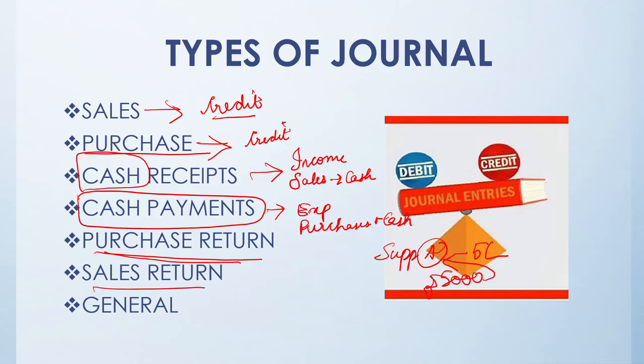And sales return journal is when the customer has bought from you and they feel that there is a defect in the product. What will they do? They'll obviously return it back to you, right? So that is called sales return. When you are returning to the suppliers, it is called purchase return. When the customer is returning back to you, it means sales return. And journal entry, all the other transactions which do not involve the above mentioned items shall come in the general journal. Okay,